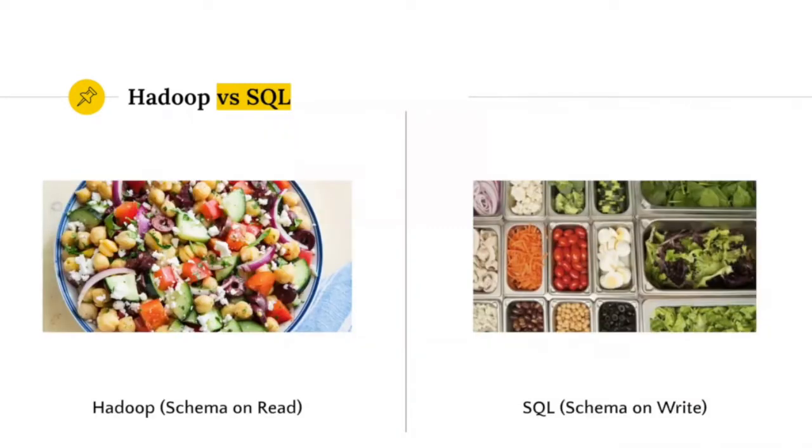We also compared the Hadoop databases with SQL databases. The most prominent thing was schema on read versus schema on write. Schema means a structure required by a database, and schema on write means we're going to enforce the data to have a certain structure at the time of writing, at the time when the data is added to the database. So you first need to sort all the vegetables into their corresponding bins before adding them to the database. That was schema on write,